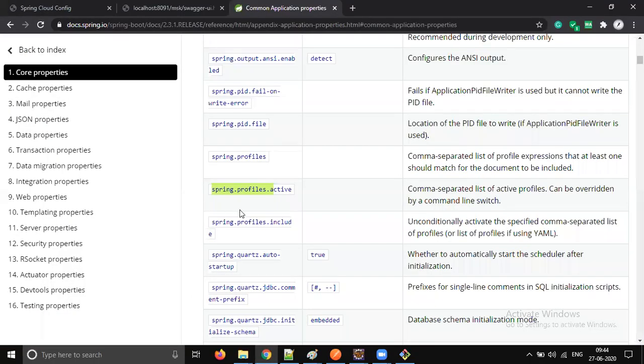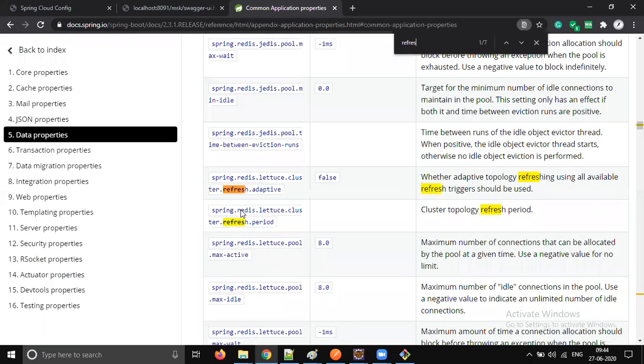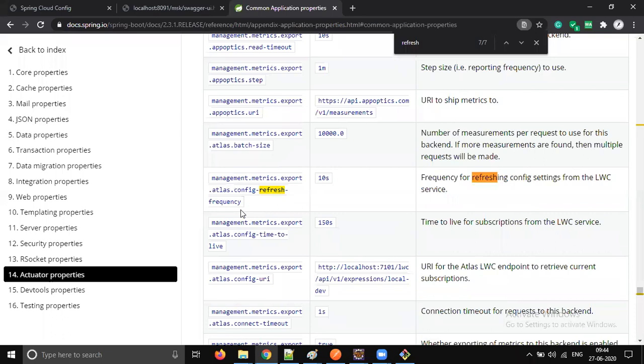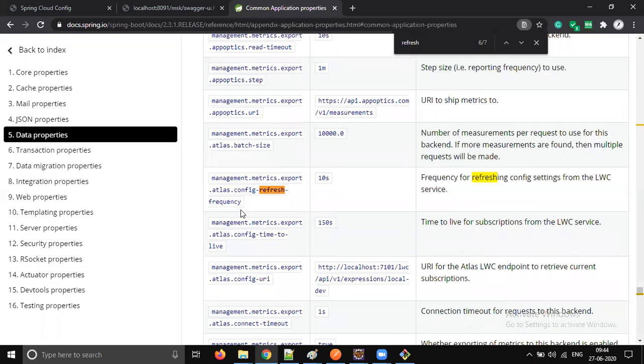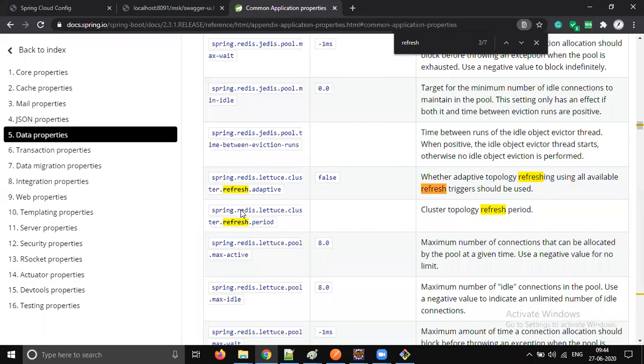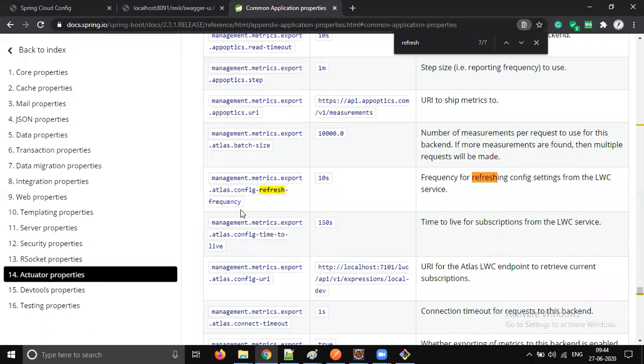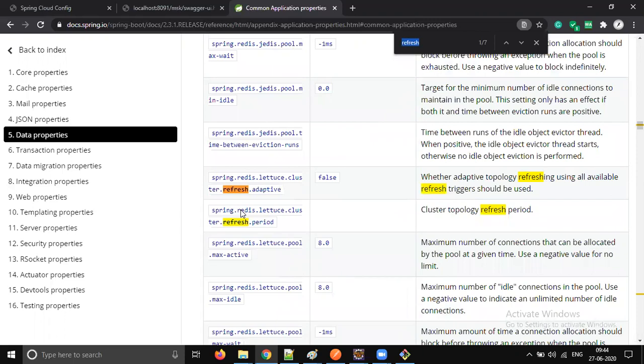So there is one slight problem we have. That URL is changed from version 2 to 3. So let me check refresh config refresh, not Atlas. Actuator, I think it should be actuator.